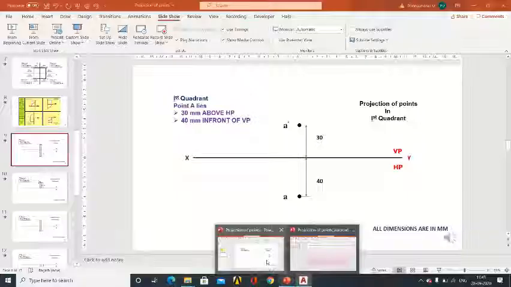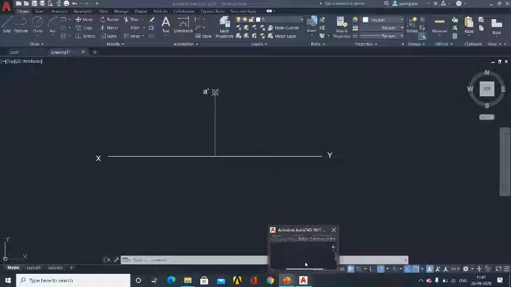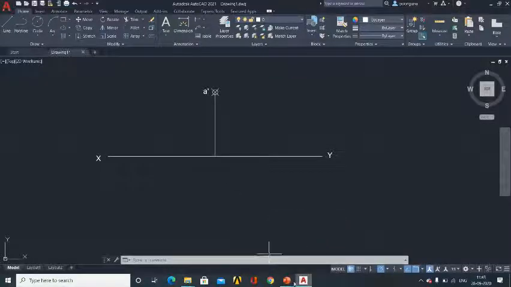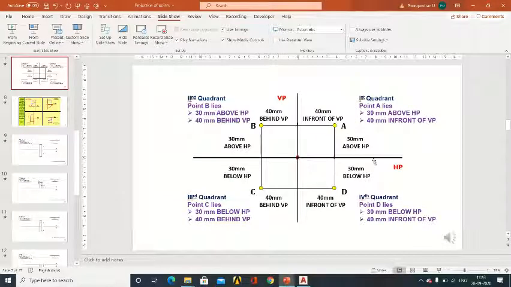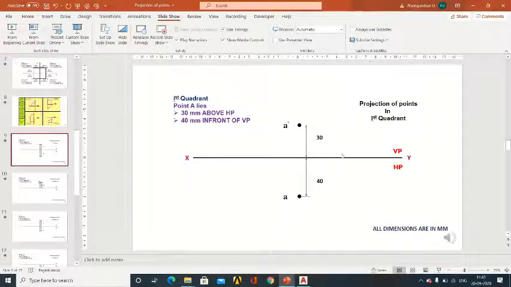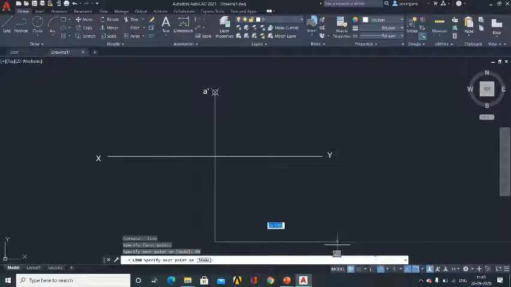Similarly, now go to the answer. Similarly, we need to draw the top view 40 mm in front. So this 40 mm in front will be in the HP line. So if I rotate HP, it will come at the bottom. So that is how I got the A 40 mm below the XY line. So go to line command, make sure that you click on the same point. So I need a 90 degree angle. You can see here it's showing 90 degree at a 40 mm line. So I got the 40 mm line, press escape.